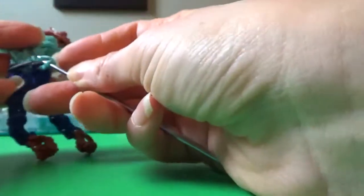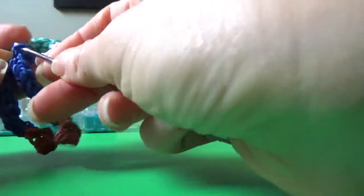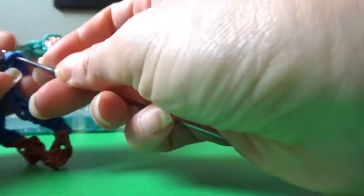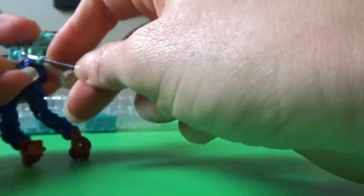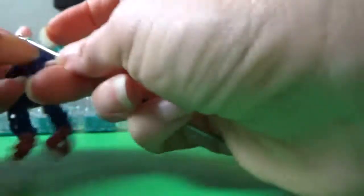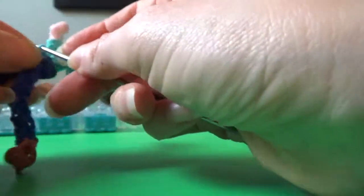You can do something like this and then put that on a C-clip. But because we already have bands on the back, I'm gonna go through 1 or 2 bands that are underneath and a band that's on top and back under. I can put this on a C-clip and I can weave this around and do this a little bit further along. So you can do this once on each side, or you can go under a nearby band, pull it over,